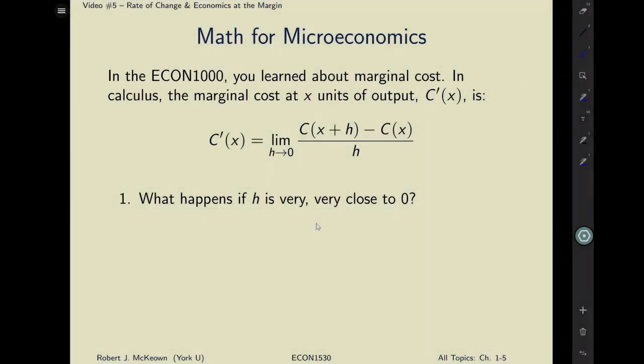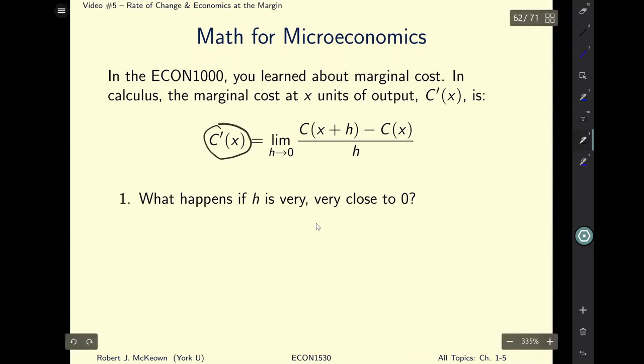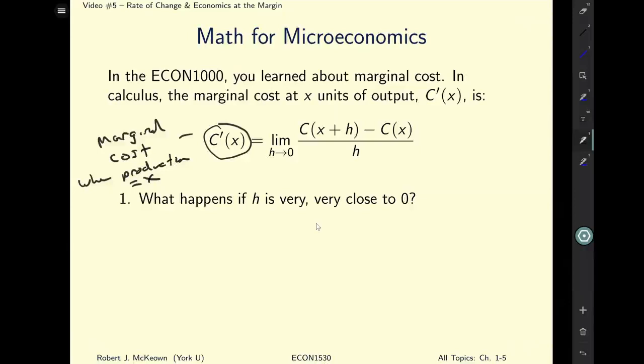So here we have a cost function from economics, and when we have the derivative of the cost function, well, that's going to be what we call the marginal cost, the cost at the margin. And it gives us the marginal cost when production equals x, whatever x is. X is the placeholder here. Whatever value x is, it tells us the marginal cost, and I'll explain exactly what it means a little bit